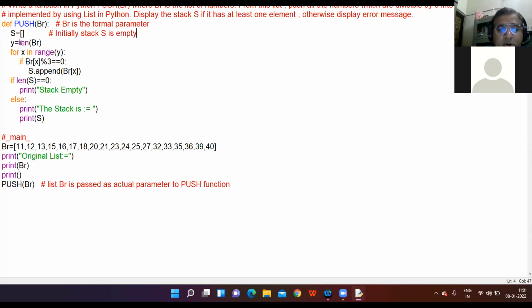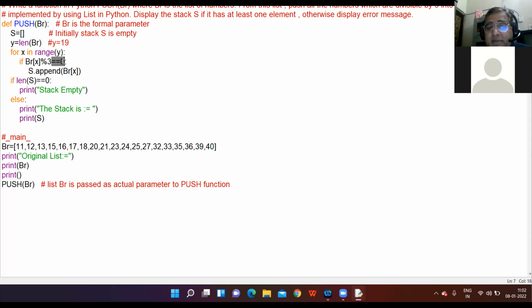Find the length of your list. Whatever is the length of the list, put the length in the y variable. 1 2 3 4 5 6 7 8 9 10 11 12 13 14 15 16 17 18 19. So y will have the value 19. Run a for loop. Take the element of the list and try to divide it by 3.